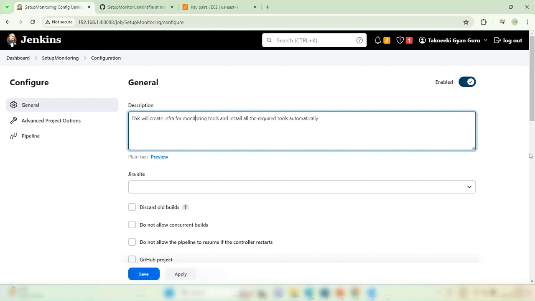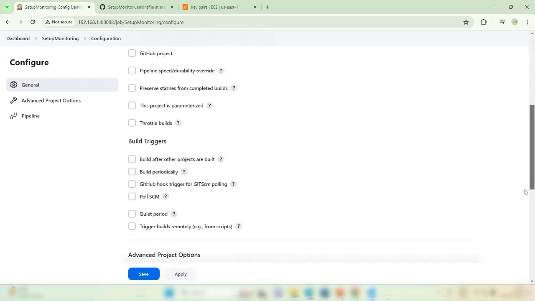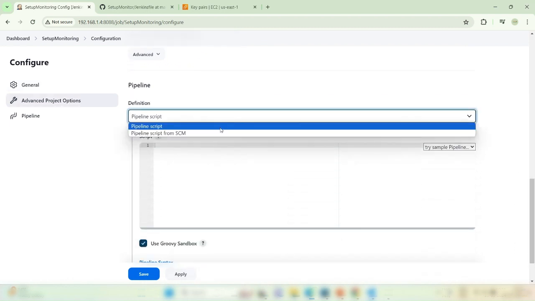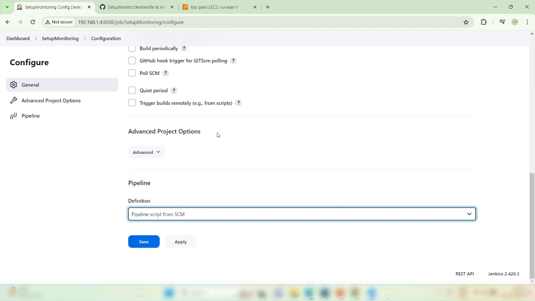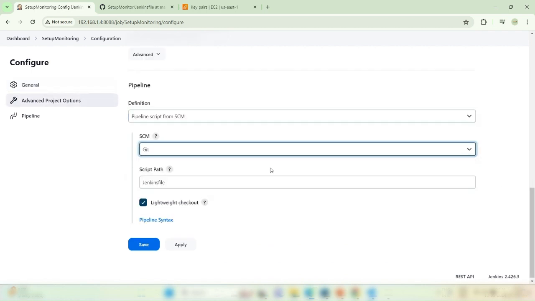Okay, that's it. And here we don't need anything. Let's say pipeline script, the Jenkins file we have. We want to get a script file, Jenkins file,